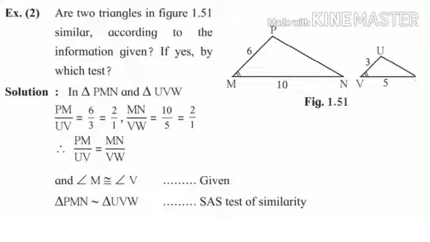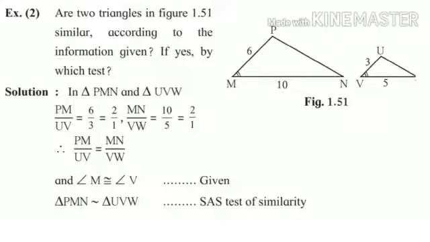Now start. The two triangles here, one is PMN and the second is UVW. Here two corresponding sides are given, so find the ratio of corresponding sides. The first one is PM upon UV, that means 6 upon 3. The answer is 2 upon 1. 3 1s are 3, 3 2s are 6. Next corresponding side ratio, PN upon VW, 10 upon 5. 5 1s are 5, 5 2s are 10. So here these two ratios are equal, that means PM upon UV is equal to PN upon VW, both having the value 2 upon 1.